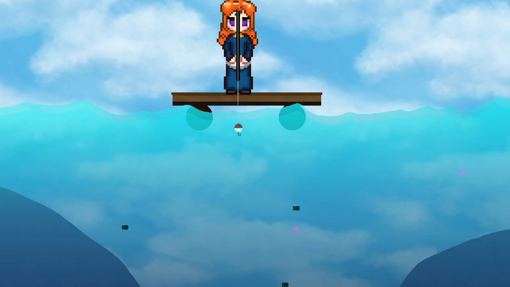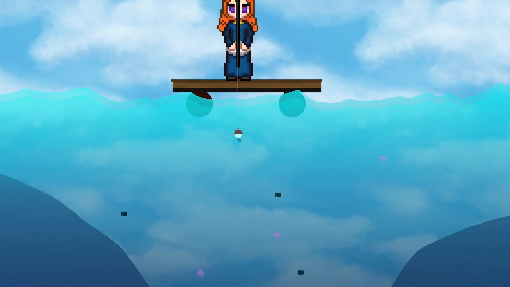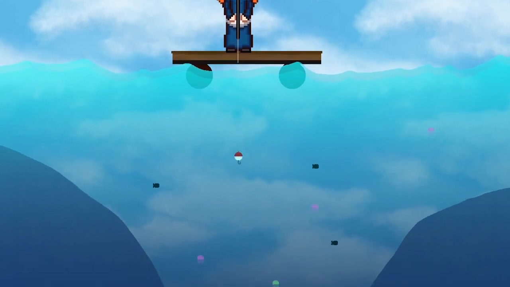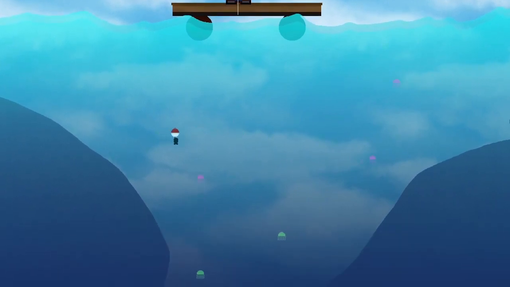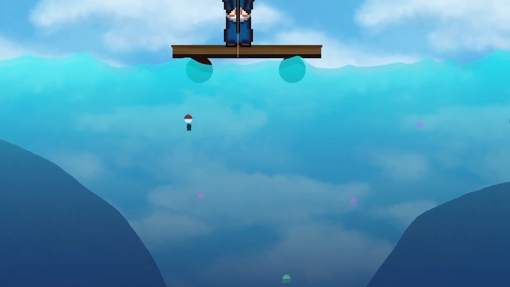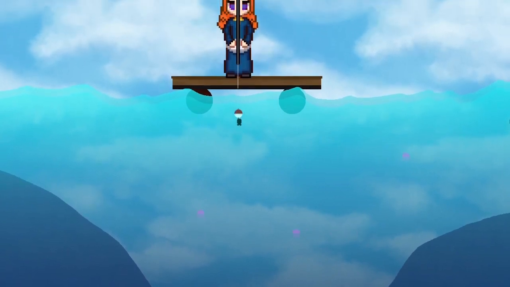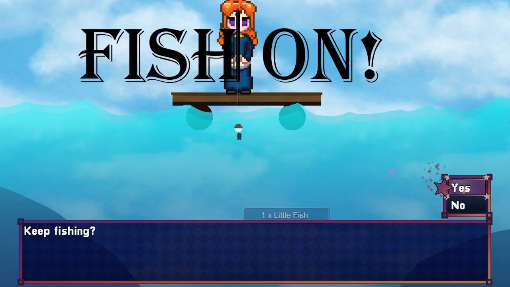And mind you, this is very basic. I just made something in GIMP and called it a day. You can get as much detail in the background as you would like. Okay, so you see the little fishies swimming around? And if I would go up one, boom, I caught a fish, and all the other fishies disappeared. And I have to bring the fish up, and yay, fish on, I did it.